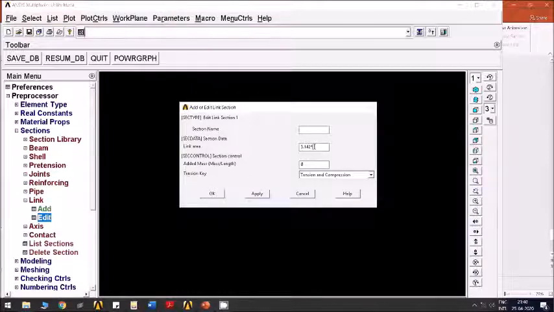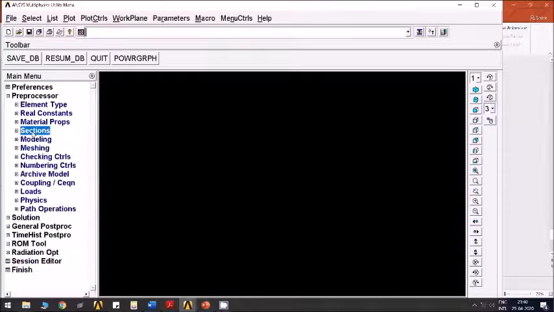So pi into 20 square by 4. See, 3.142 into 20 double star 2 by 4. This becomes pi d square by 4. D is 20 mm diameter. So it automatically calculates what is the area. So first cross section I have to use.